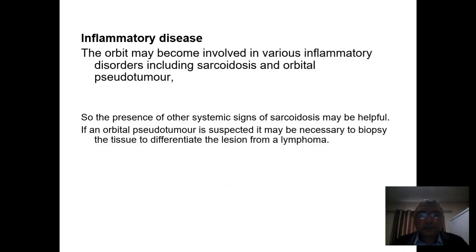Inflammatory diseases also may occur as chronic inflammatory diseases. For example, sarcoidosis and orbital pseudotumor, in which the inflammation is chronic and the proptosis is gradual, and usually there are systemic signs of the cause, such as sarcoidosis, and sometimes lymphoma. In orbital pseudotumor, we examine the orbital tissue, and sometimes we may need biopsy of the orbital tissue to diagnose